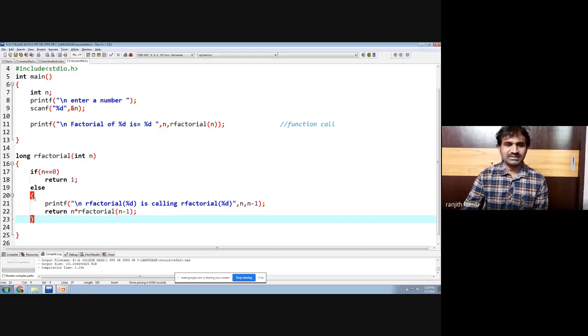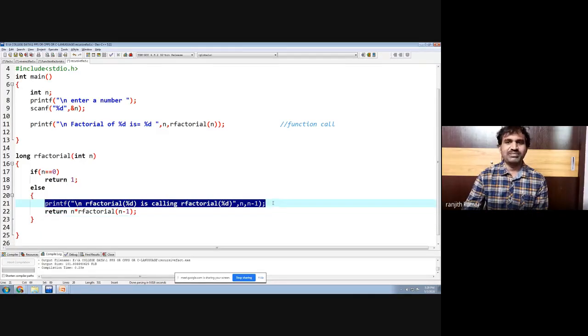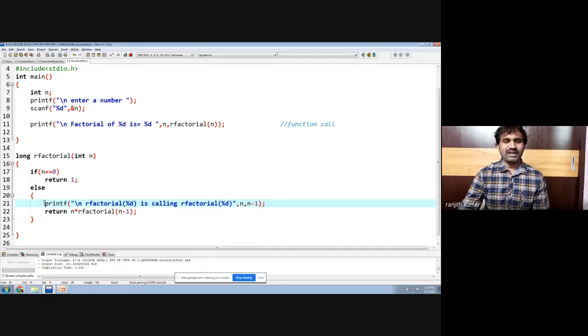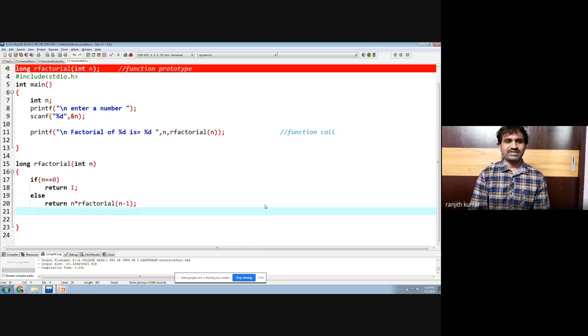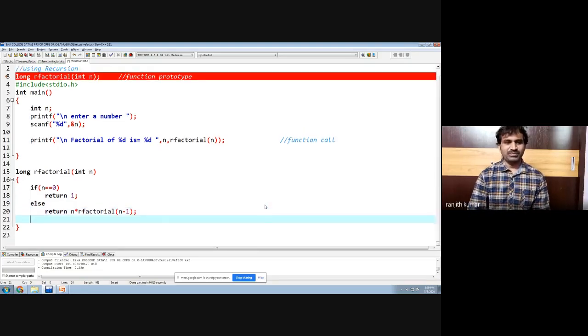So whatever work you are able to print can be displayed using just a simple printf. Here we are able to demonstrate how this problem is executed. So we can comment it. In order to minimize the problem, we will remove all this so that the program looks very small. Compared to recursive logic, the iterative logic looks complex.